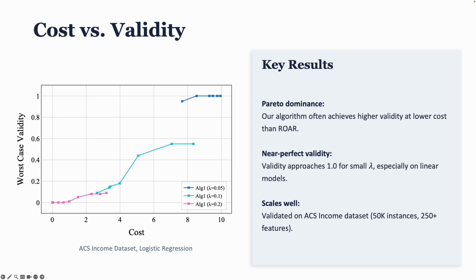Here's the same cost-validity trade-off on a much larger ACS income dataset, which has 50,000 instances and over 250 features. Even at this scale, our algorithm achieves high validity, reaching near 1 for small lambda values like 0.05. Different lambda values show different trade-offs. Smaller lambda values push for higher validity but at a higher cost, while larger lambda values keep the cost down